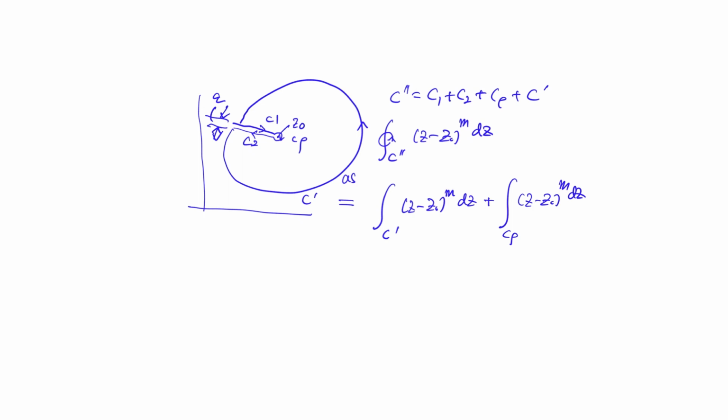C1 plus C2 is 0, right? And becomes actually C prime minus 0, as